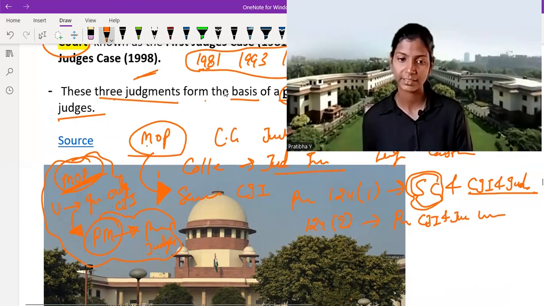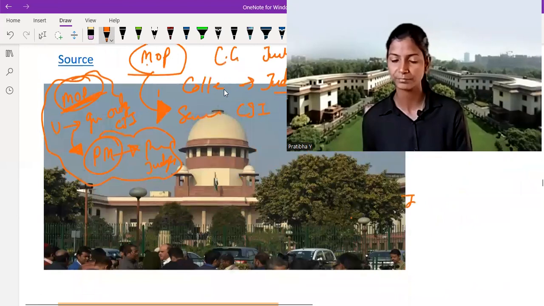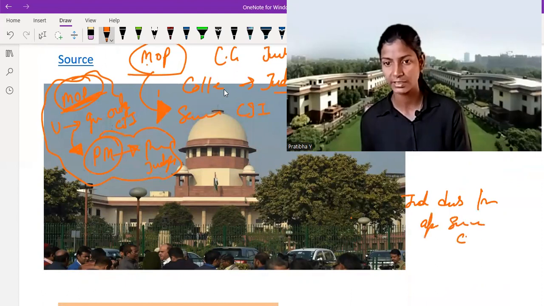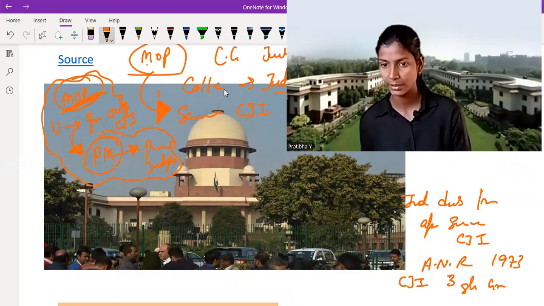The Indira Gandhi government discarded the principle of appointing the senior most judge as CJI, and appointed A.N. Ray in 1973 as CJI of the Supreme Court by superseding the three senior most judges: Shelat, Grover, and I think Hegde.